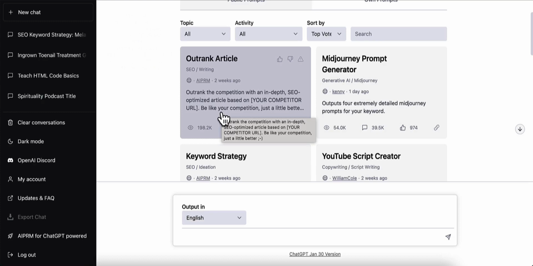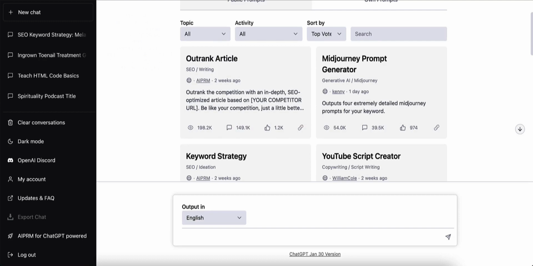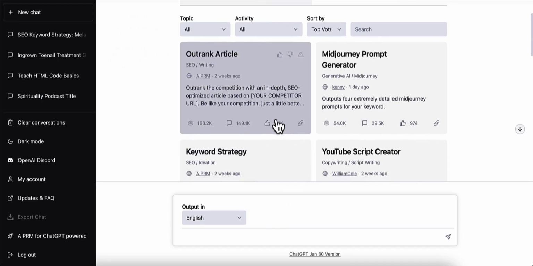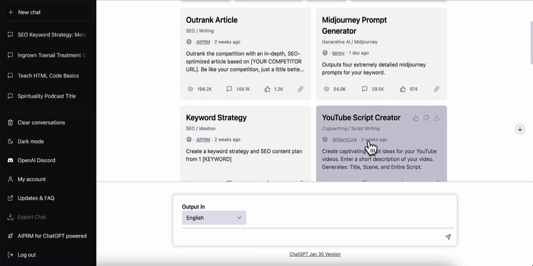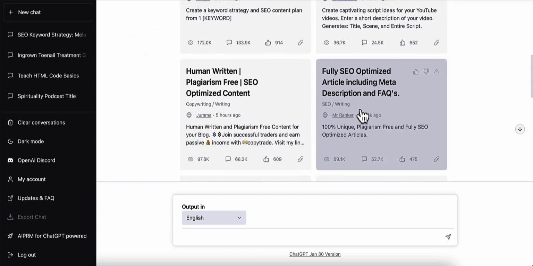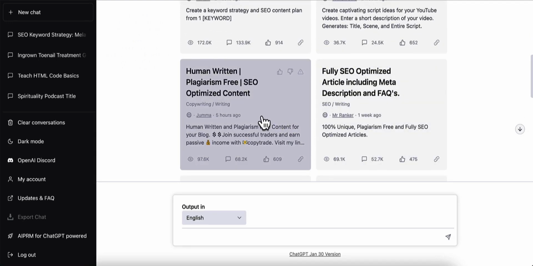But what I think it does is it actually looks at the URL and it sees what the URL is talking about, and then it will spit out an article that talks about that. It'll also give you keyword strategies, YouTube script creators, Midjourney prompt generators. It'll take stuff from